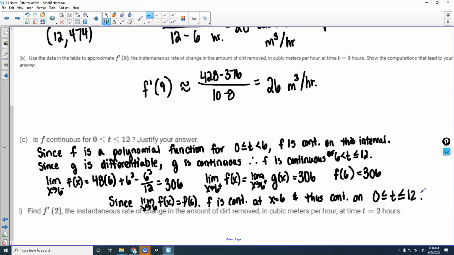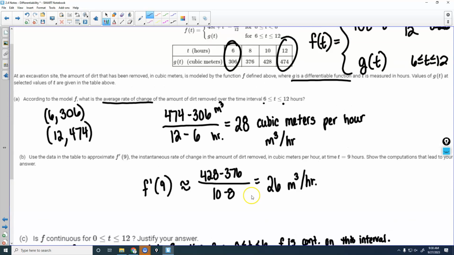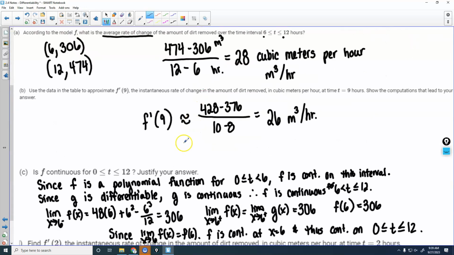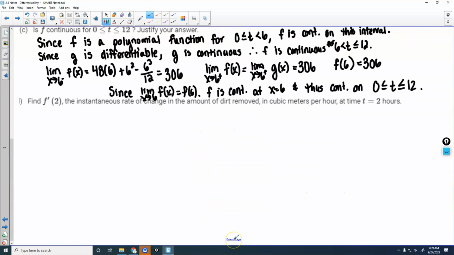All right. D asks us for the instantaneous rate of change in the amount of dirt removed in cubic meters per hour at time t equals 2. So we need the derivative at 2. At 2, which function are we using? Top one or bottom one? Top. It asks for 2, so do we really have to do a left and a right for this one? We do not. So we can just do the limit